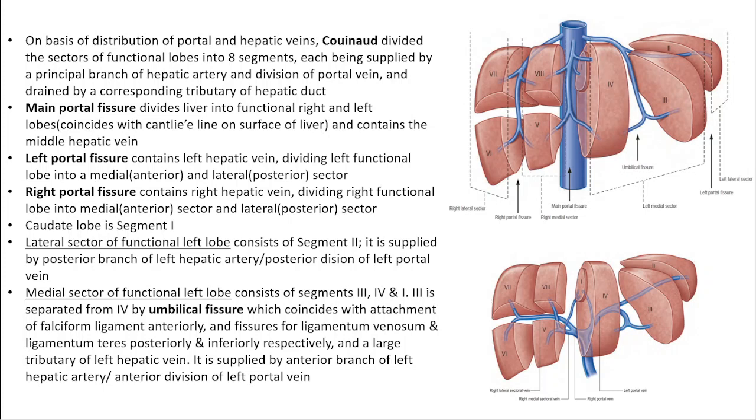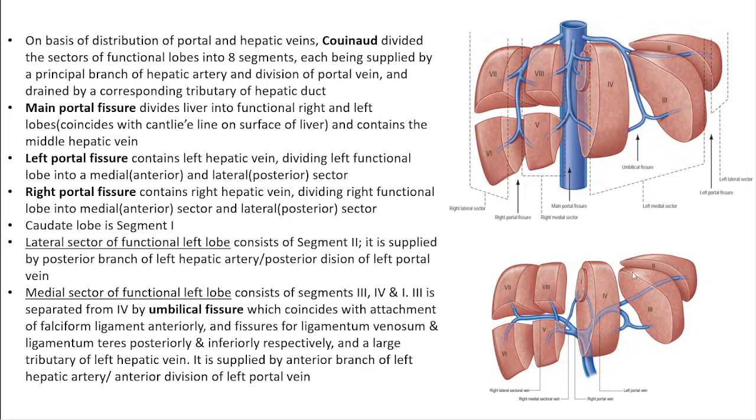Right. So this numbering of segments, if you look at it from the front, is in a clockwise fashion. Segment 1 is constituted by the caudate lobe. This is supplied by the right portal vein and also by the left portal vein. Same goes for its arterial blood supply, supplied mostly by the right hepatic artery, but it can receive arterial blood from the left hepatic artery also. So this numbering goes in a clockwise fashion: segment 1, 2, 3, 4, 5, 6, 7 and 8. So this is Couinaud's classification.